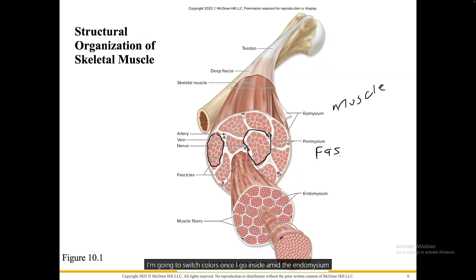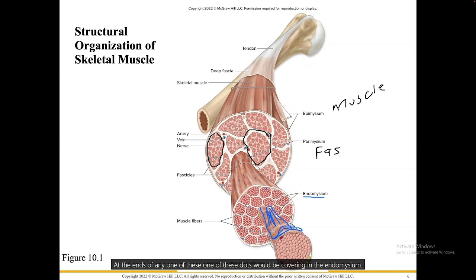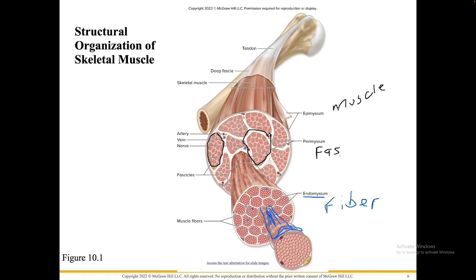Once I go inside, I'm at the endomysium. What they're showing you is that the outer coating of this fiber here would be endomysium. And if I could just get my dots right, like if I could put one dot at the ends of any one of these, it would be covering endomysium. Endomysium is the fiber. I'm telling you, you have to be able to do this both with the picture and